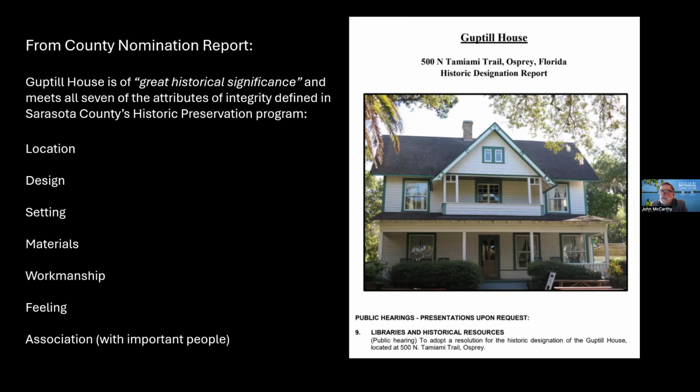Typically, this is up to a property owner to draft a nomination and submit it for their review. Instead, it was so important to them that Jorge Dantas Spector took it on his own and did all the research, working with us, and put together a proposal that went in front of the Board of County Commissioners back in 2019. And when you read the nomination report, it really makes you smile, because the Guptill House was described